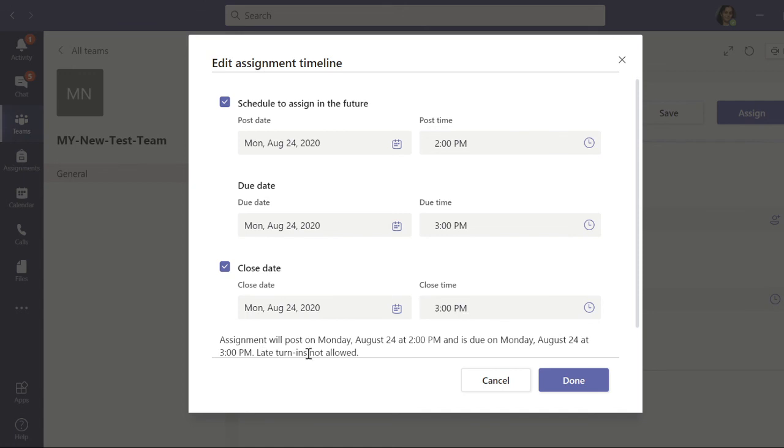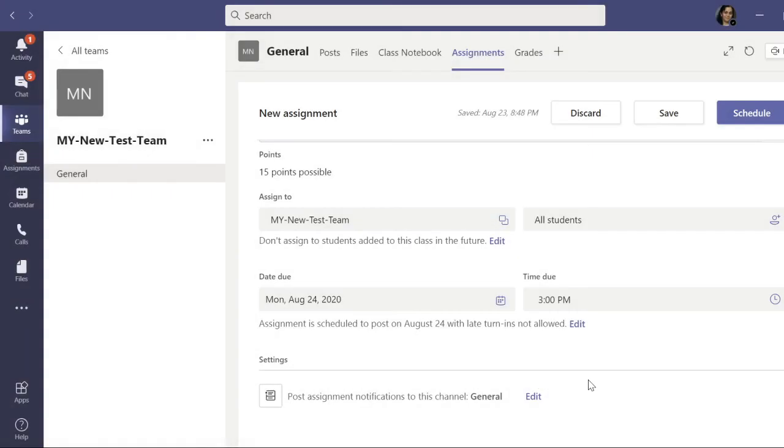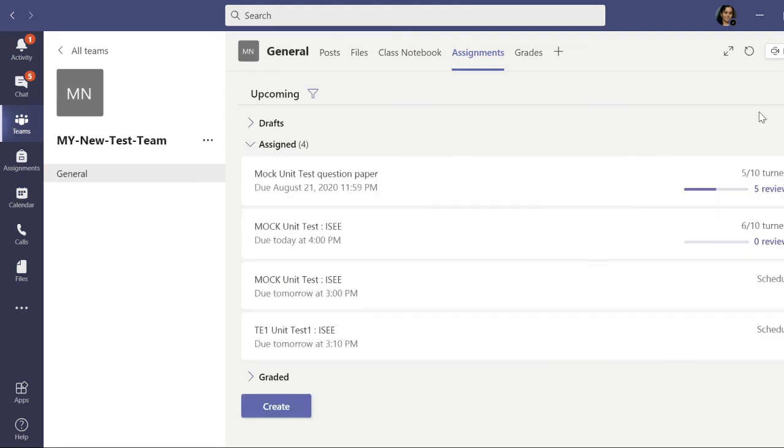So the assignment will post on Monday, August 24, the day on which the test is scheduled at 2 p.m., and is due on Monday, August 24 at 3 p.m. Late turn-ins are not allowed. In this particular slot only, the students will have to either type or select the answers. So done. After that, you select this schedule option.